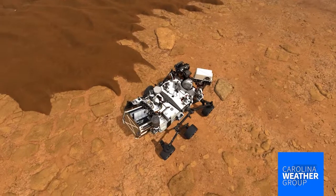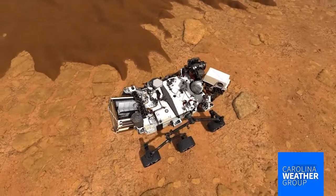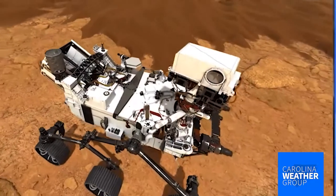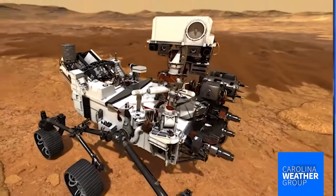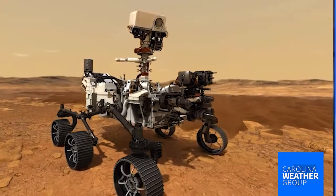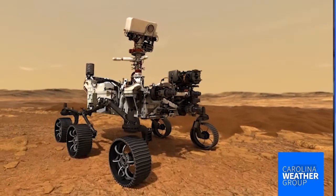Another function of this robot is that it's going to be collecting samples on the surface and to be later taken back to Earth and studied here. How will that work? How is it going to get back to Earth? To be determined. So there is going to be a caching capability where samples that are first studied by Curiosity